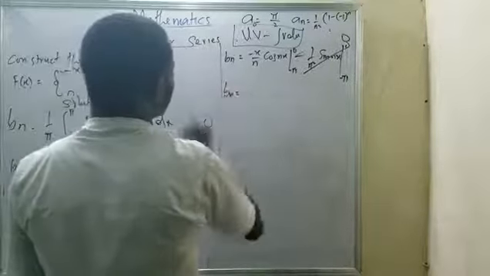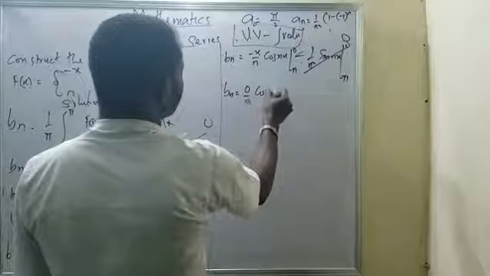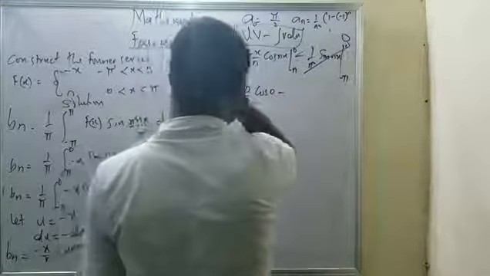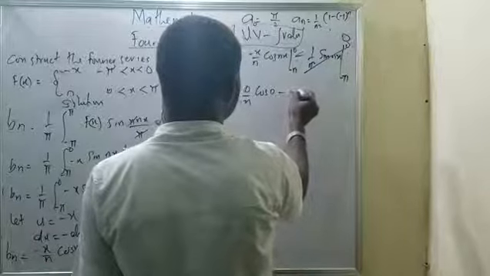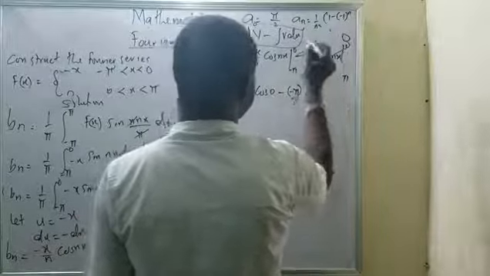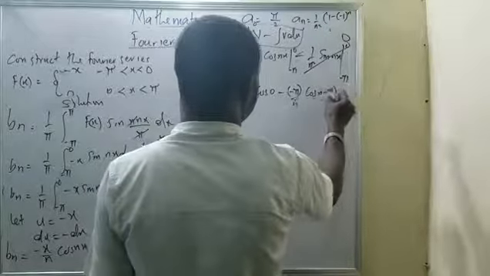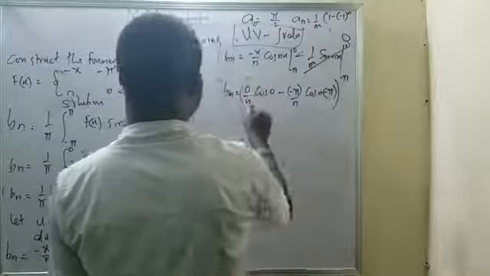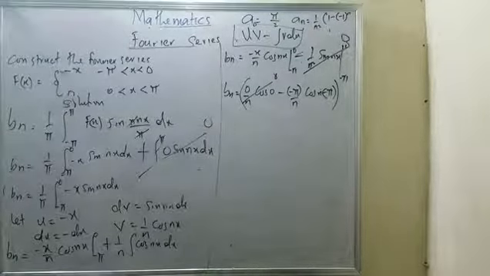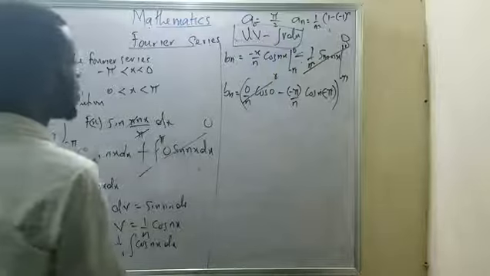b of n equals to, now is 0 of n cos 0 minus, now this one will now be minus pi all over n cos 0 cos n minus pi. Now okay, that is what I'm having here. Normally here would be 0 because 0 would affect everything there. Now since I have it that way, this one will now be